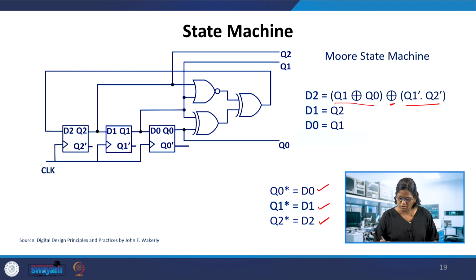In this equation, kindly note the change in D2 and D0: D0 is going to be Q1 and D1 is Q2. So there is an exchange of the symbols D2 and D0. In this example, the order in which the D flip-flops are drawn is this one. The next state logic gives the output that goes into D2. So this is going to be the next state logic.